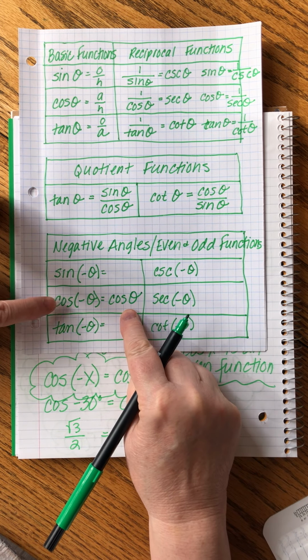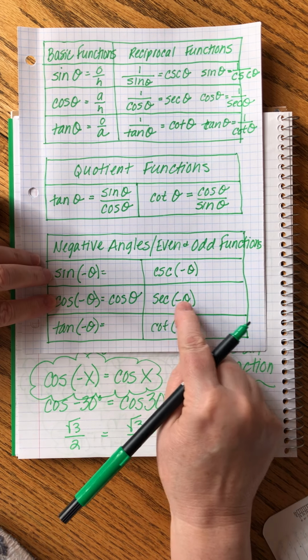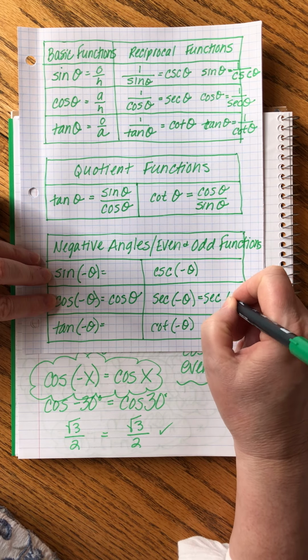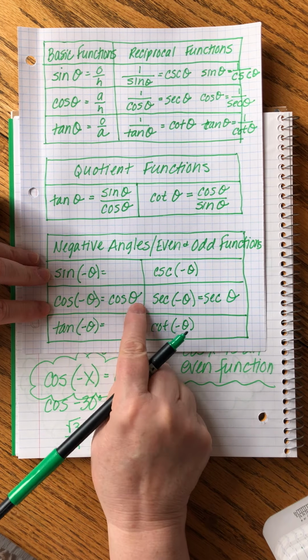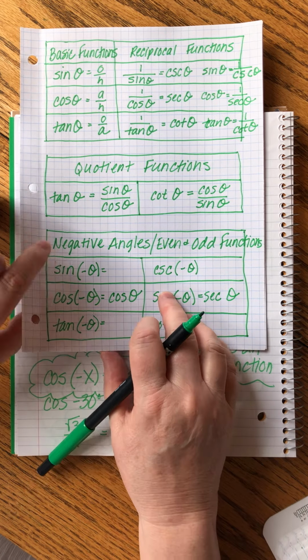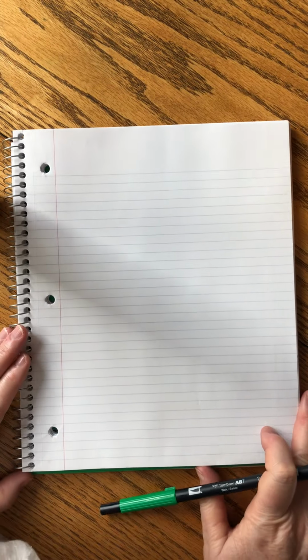This is an even function, and I'll just give you spoilers right now that its reciprocal function behaves in the same way. So it doesn't matter if the angle is positive or negative, the cosine will be exactly the same. Okay, that's even angles. As you might guess, things are a little different when we look at the world of